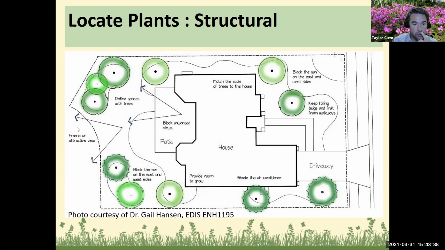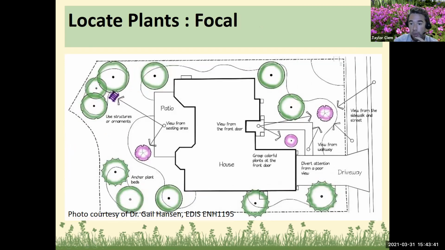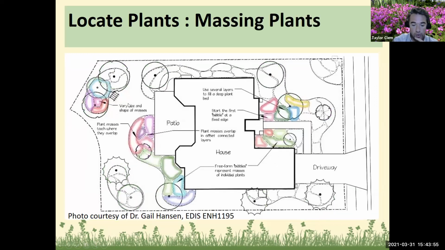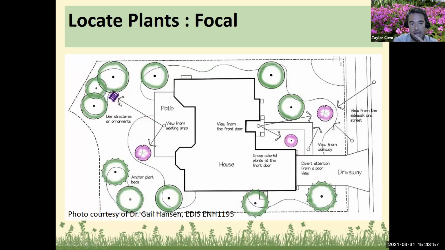So the structural plants, and we have focal points. So what do you want people to look at? So what is that view from that front door? You know, what do people see? Or from the back door, what do people see? So from this back patio, or where the seating area is, some of the focal points